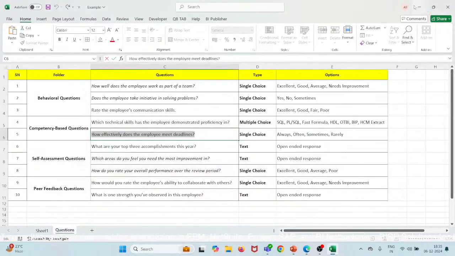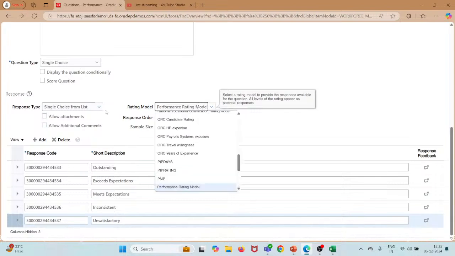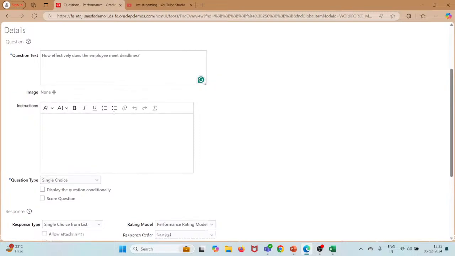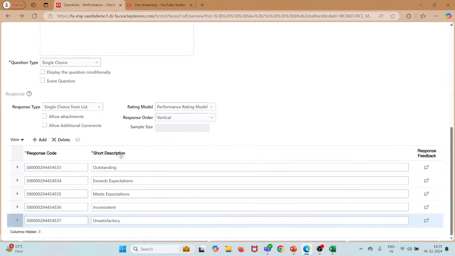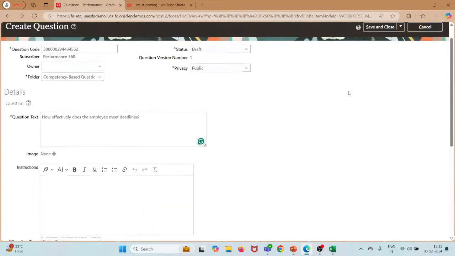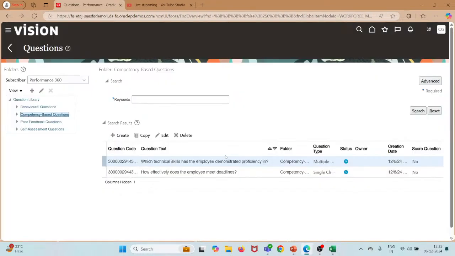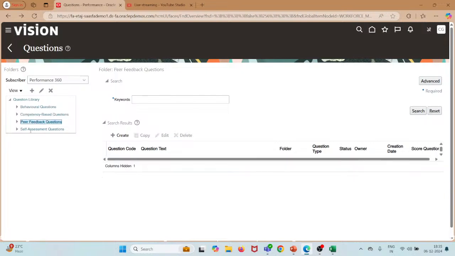Often, sometimes. Okay. Let's keep these responses the same. I'll click on save and close. So for this, I'll create it later. For now, let's move ahead with the rest of our topics,